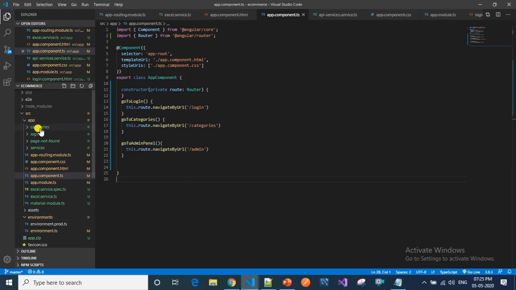I have created a project named e-commerce by using ng new project name. In this project we are going to app.component.ts. First I am going to run this project. I am going to the terminal